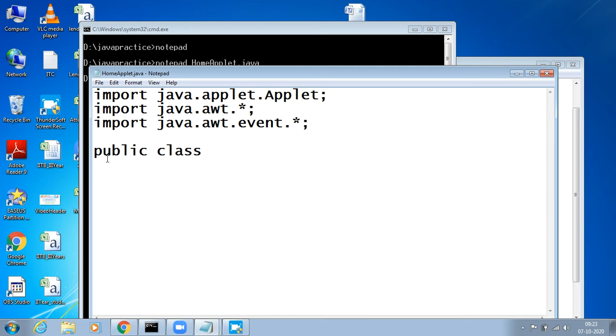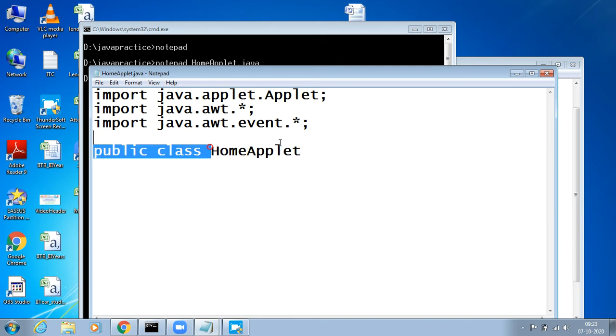Okay, public class, what is the class name? If this is my name, I have created my name. You can have your own name, say EC applet or something different, say color applet. You can create any kind of name. So public class home applet.